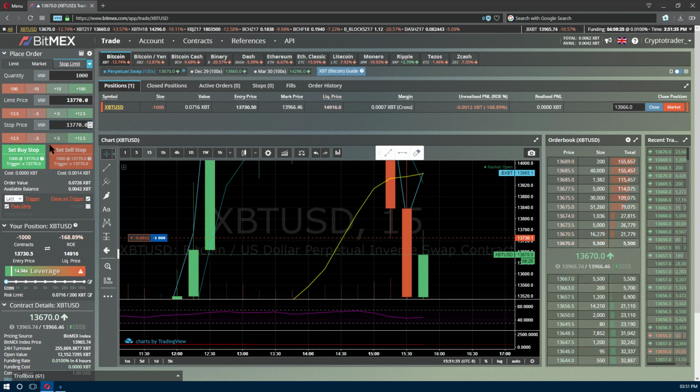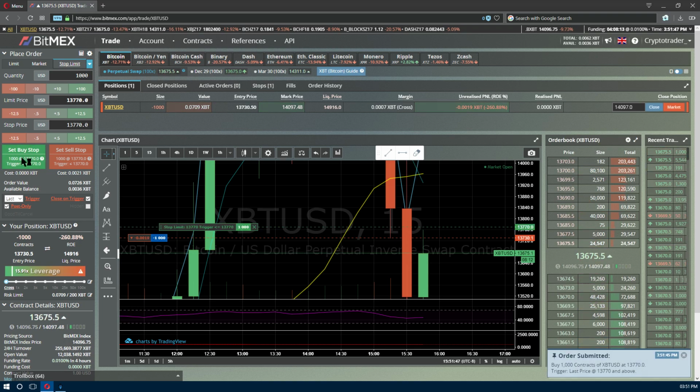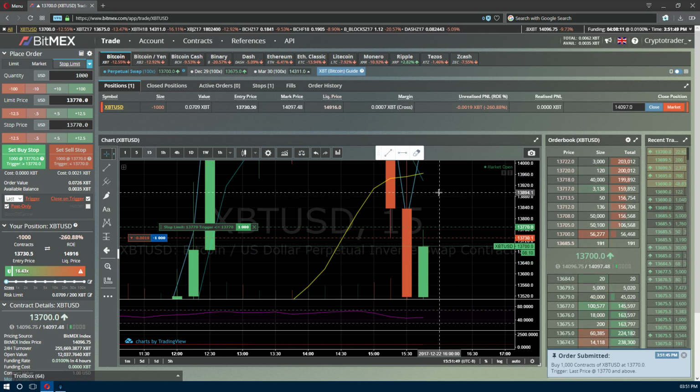Now I sold, so I have to buy. So buy stop is the only thing that lights up. Great. Now put the stop in. It should work. Yes, it worked. Now take profit